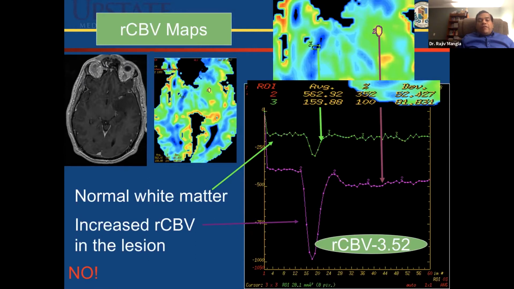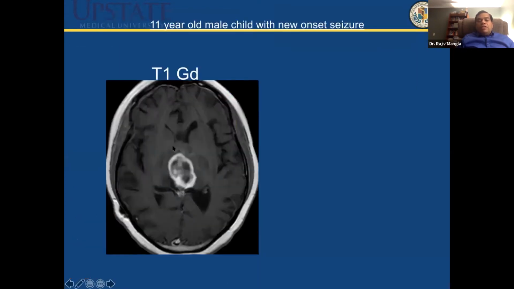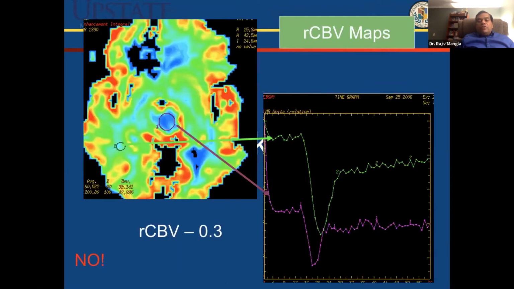So that we can find out with the help of perfusion imaging. In this case, it was a high-grade glioma because of the increased perfusion. Similarly, it's a big enhancing lesion, but perfusion was very low in this lesion, and it was a pilocytic astrocytoma. So the point here is that within an enhancing lesion, perfusion can be low, and within a non-enhancing